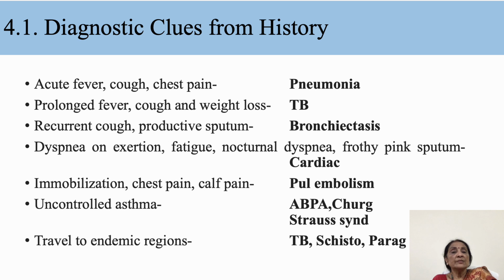Now there are diagnostic clues from the history. History of acute fever, cough and chest pain is suggestive of pneumonia. Prolonged fever, cough and weight loss, suggestive of TB. Recurrent cough and productive sputum in bronchiectasis. Dyspnea on exertion, fatigue and nocturnal dyspnea, frothy pink sputum in cardiac causes. Immobilization history, chest pain, calf pain, pulmonary embolism. Uncontrolled asthma in ABPA, Churg-Strauss syndrome, and travel to endemic area in TB, schistosomiasis, and